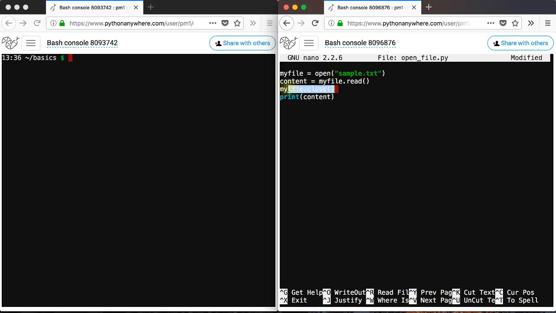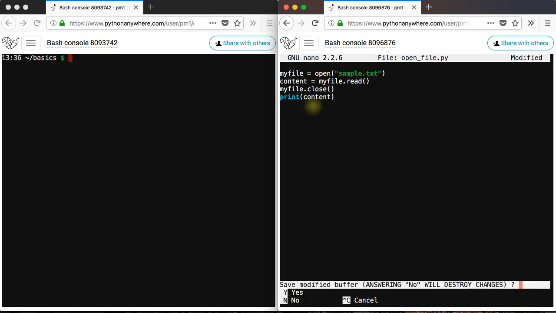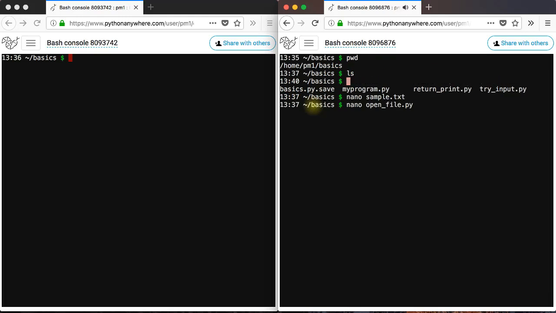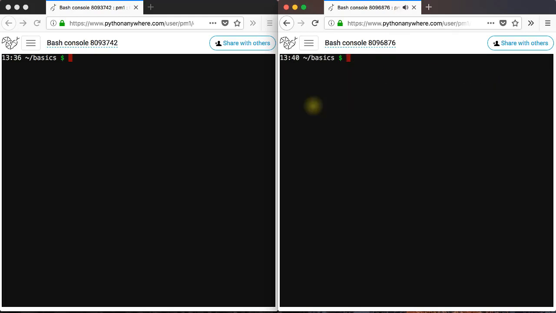You can also remove this, that won't be a problem because this is just a small file, a few kilobytes, so it won't do any harm, but it's a good practice to basically close the file object once you are not using it anymore, because after this line we're not referring to the myFile object anymore. We created a variable, stored a string in that variable, and we're printing out that variable, but we don't need myFile. So close this, save it, clear the terminal if you like,